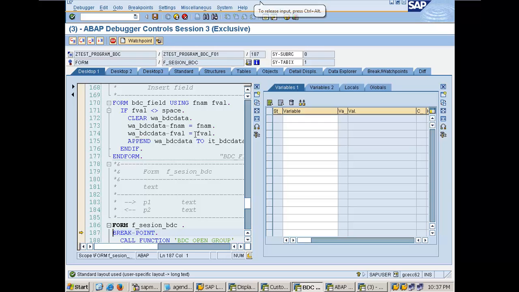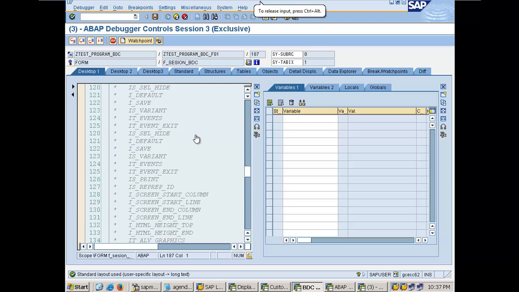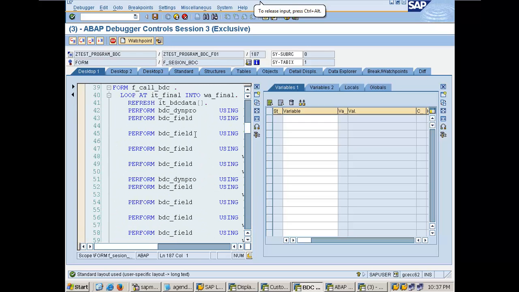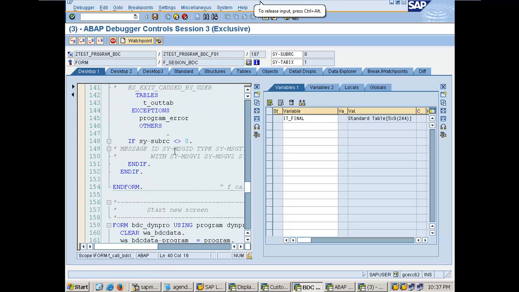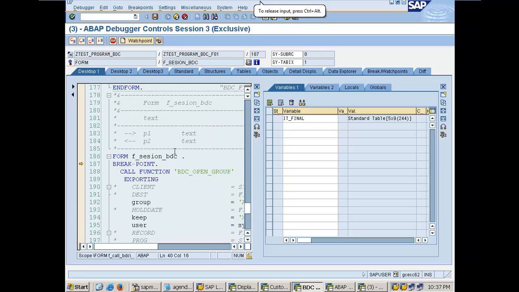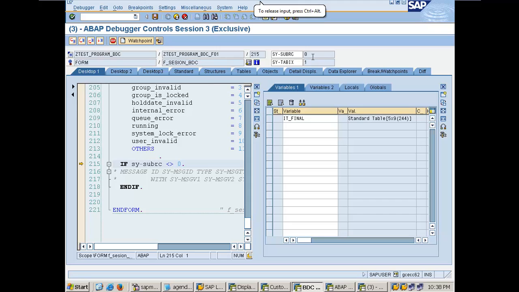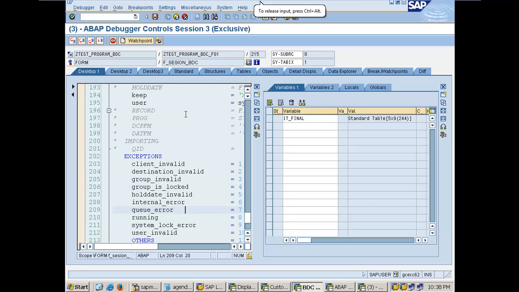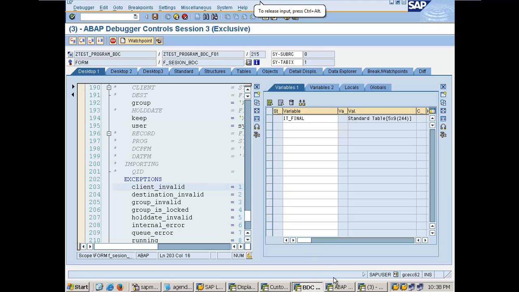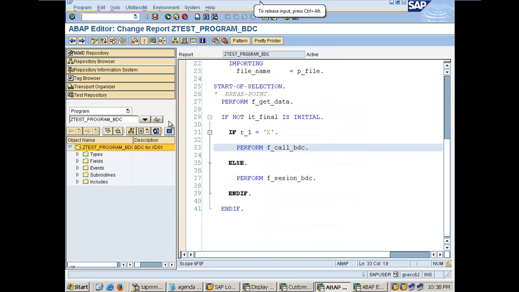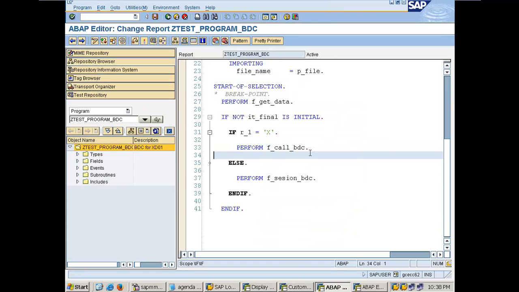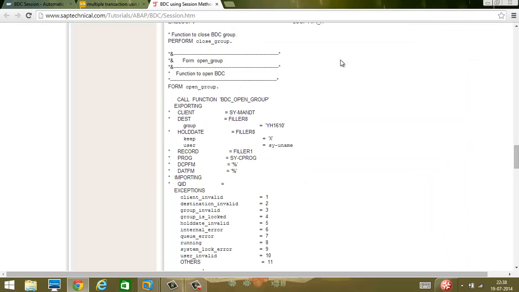So it came here, the data is there in IT_FINAL, we have 5 records. Do an F5, do an F6. The size of ours is 0, which means there is no error. So it will go and open a group on SM35. Next thing which we want to do here is